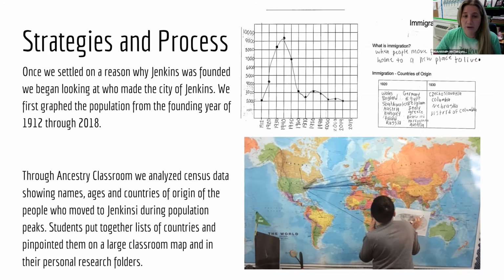Once we settled on a reason why Jenkins was founded, we began looking at who made the city of Jenkins. We first graphed the population from the founding year of 1912 through 2018. Students had their own personal graphs in their learning notebooks and their research notebooks. Through Ancestry Classroom, which is through Ancestry.com,